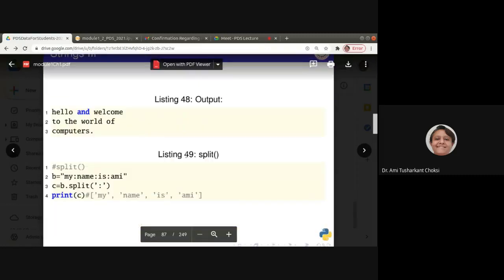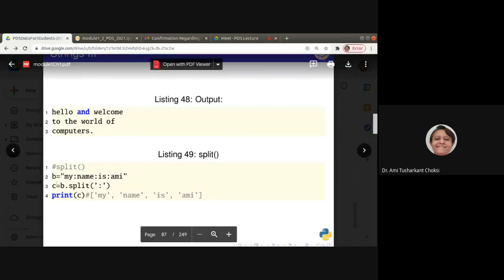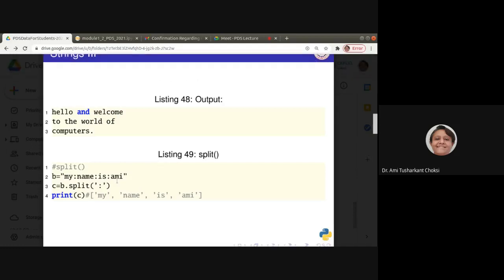So what next? We want to know split. What do we mean by split? We will break the string in parts. For example, here we have, say, B is equal to double quotes, my colon name colon is colon.